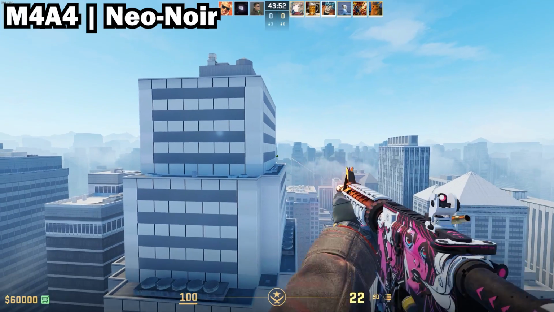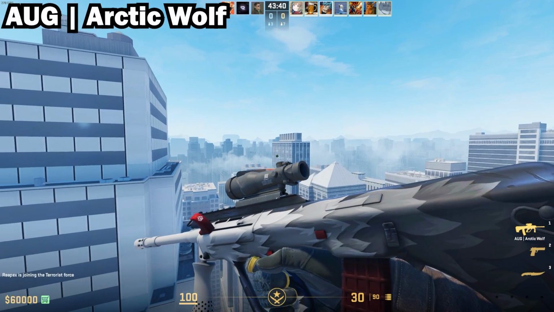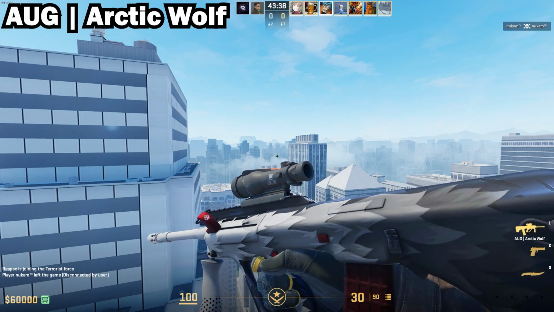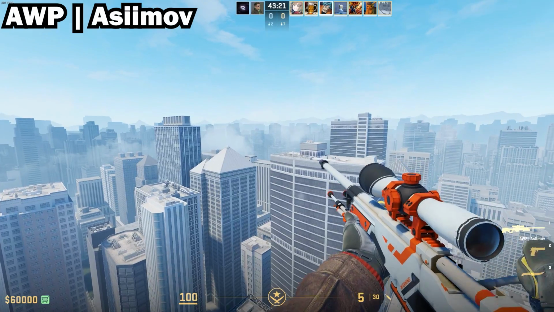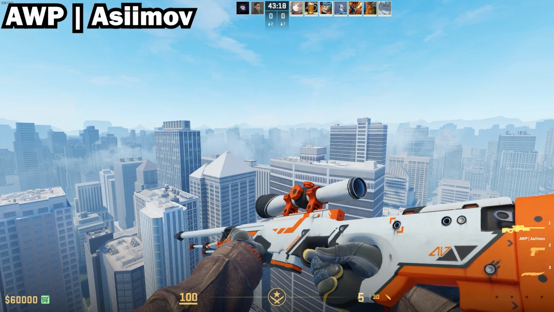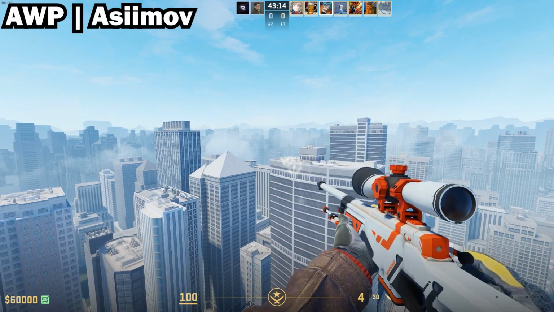Maybe you have the Urban DDPat, which is just 40 cents, but it does not look that great. For the XM, I like the Arctic Wolf, which is basically the same skin that I chose for the UMP. And last but definitely not least, for the AWP, it has to be the Asimov. It is orange as well, but there aren't any fully white AWP skins, so this one is the best one